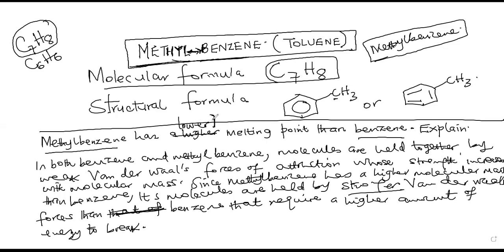It must have a lower melting point than benzene. So we are going to bring in the however part, because literally, or by chemistry, we are going to find out that the melting point of benzene is higher than that of methylbenzene because of what we are going to see. So much as there are stronger van der Waals forces of attraction in methylbenzene than in benzene, we are going to find that, however,